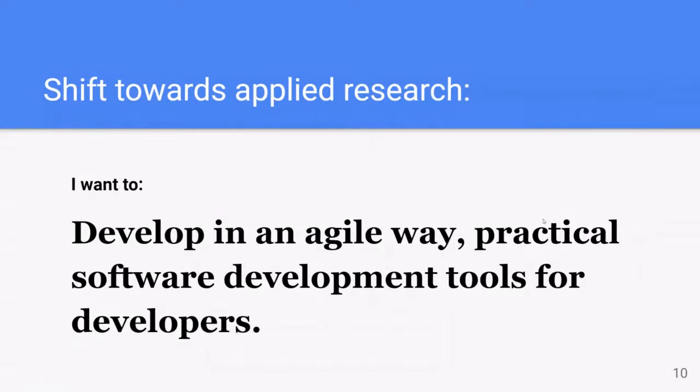What I want to do now is to shift towards more applied research, to develop in an agile way practical software development tools for developers. So that would probably require a change of emphasis from Ada, let's say, to C or a similar language, and also to tackle the problems of library code from day one, as early as possible. Okay, so as part of a minimal viable product,